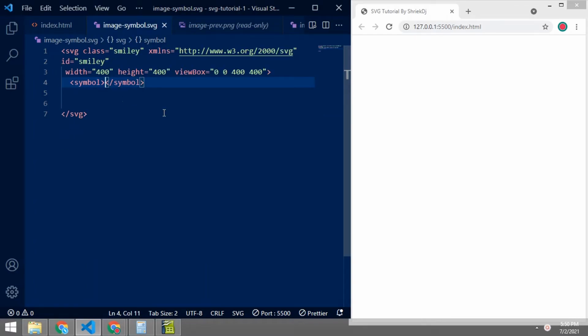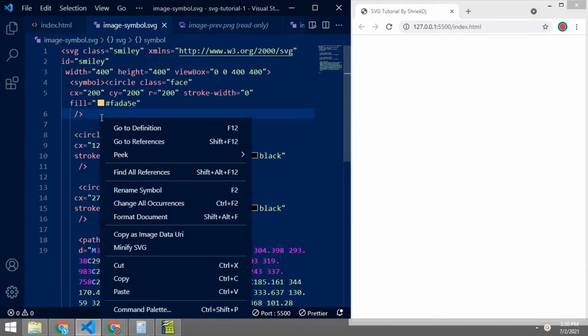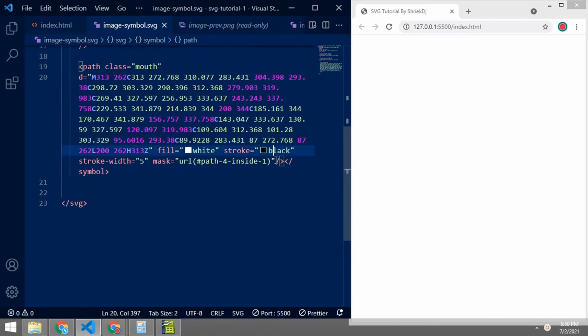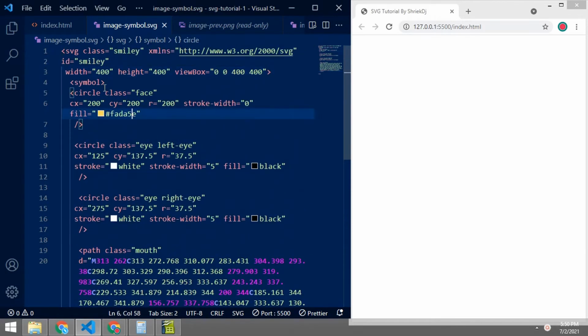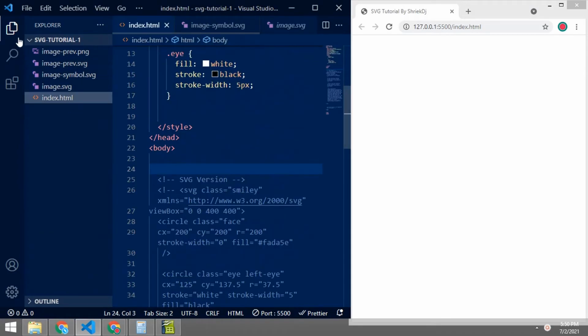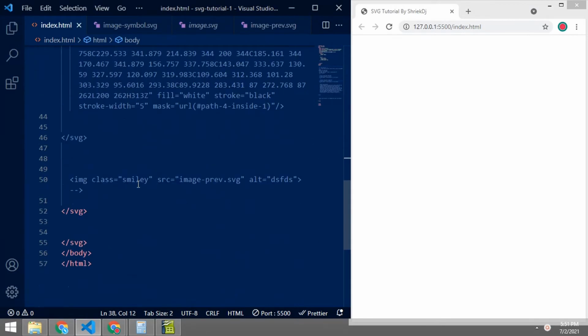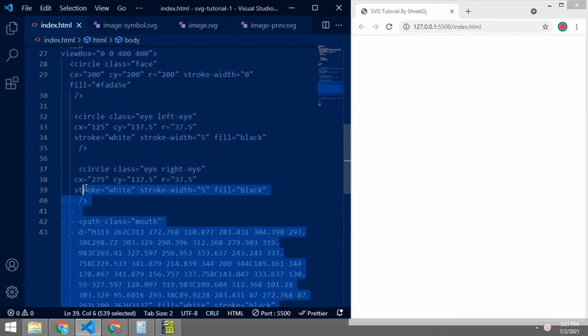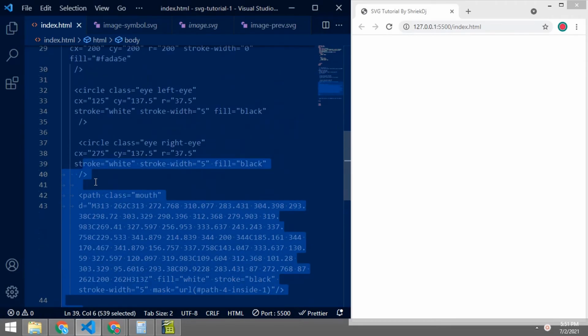Okay, and paste it between them. So what happens? Because of symbol, it becomes invisible. It is just a loading file to our browsers. So for that, I will just show you.